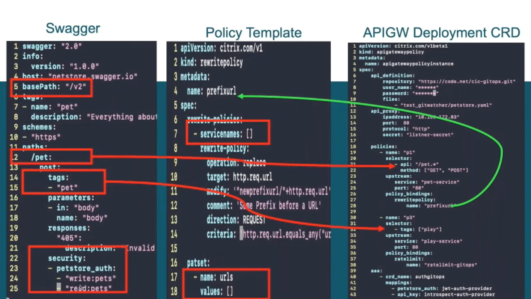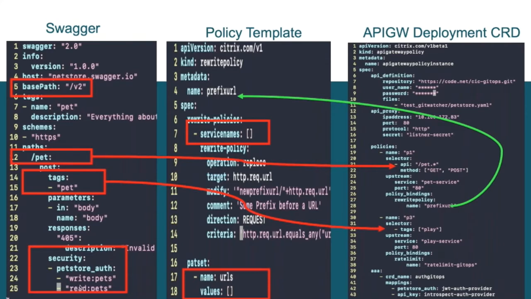Now let's get to the DevOps side. DevOps, as usual, own the policies, and they apply the policy templates. The difference between an actual CRD or policy implementation, which is what DevOps traditionally applies, and a policy template is this: both contain policy details and they're kind of the same.